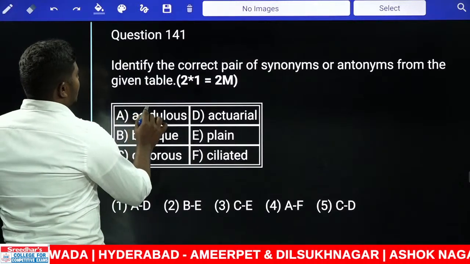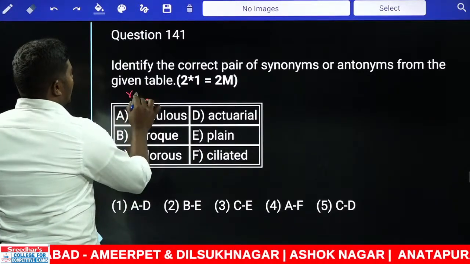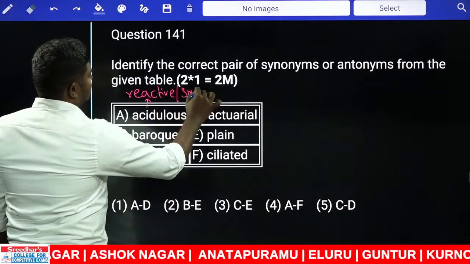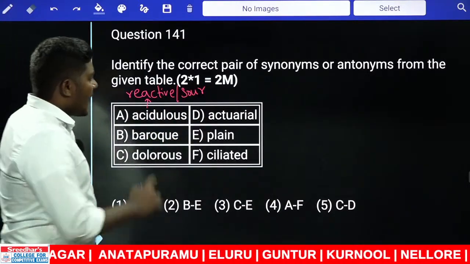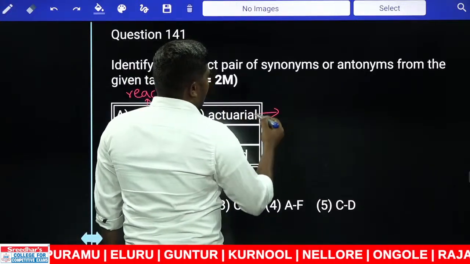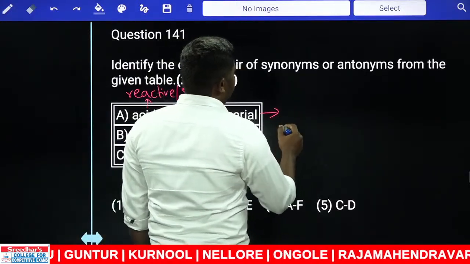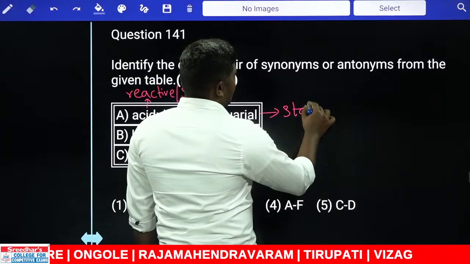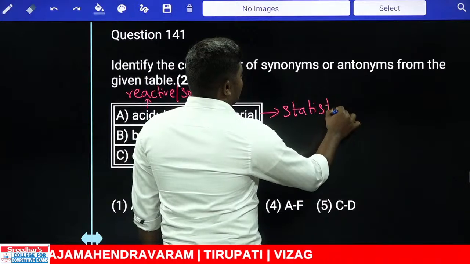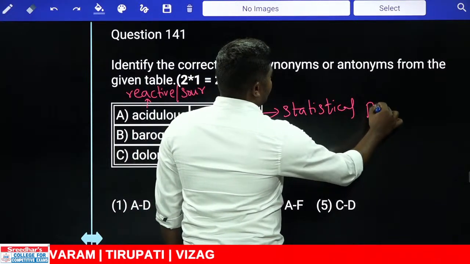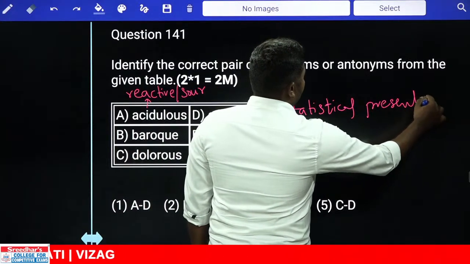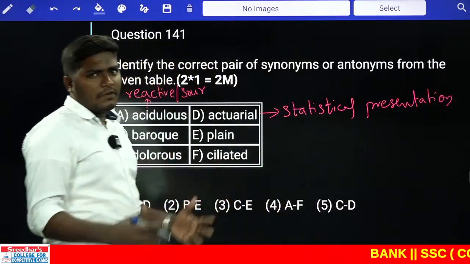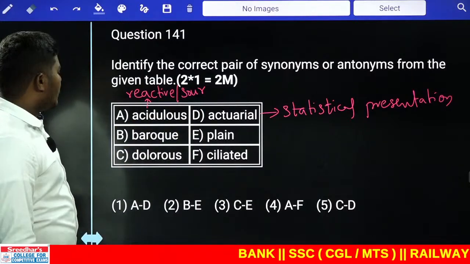Acidulous. Acidulous is something that is acidic or reactive, something that is reactive or sour. Okay. Next one. Actuarial is something that is a statistical presentation. Statistical presentation is nothing but it's like you compile everything. You compile so much data and put it together, that is called actuarial. Next,